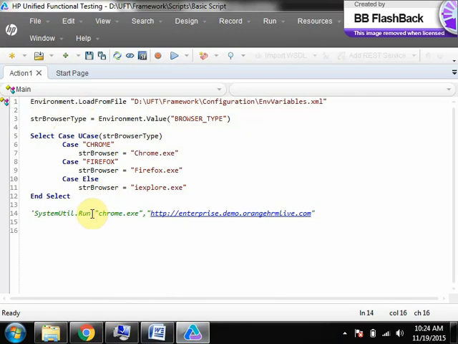Then you can specify, instead of giving here, specify this str browser. Right? Now, based on whatever that you have specified here in this file, then script will launch that particular browser.